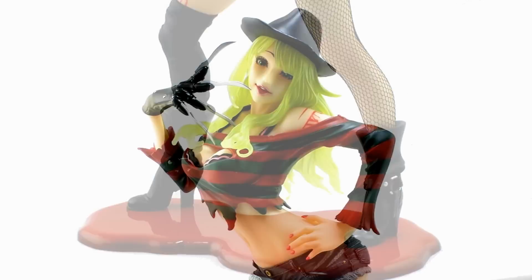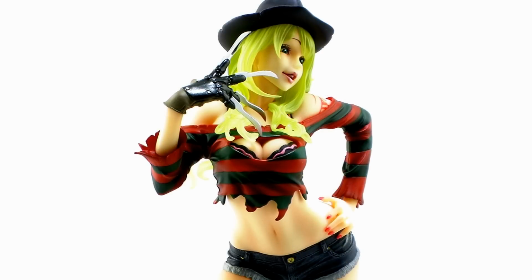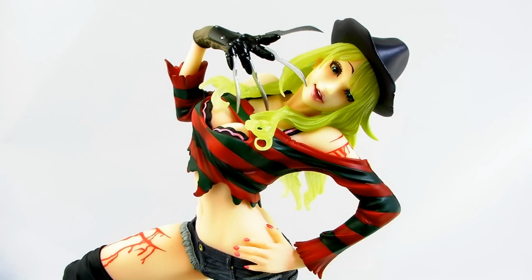So this certainly is a different take on Freddy Krueger, and it's certainly a bold move, exactly as Kotobukiya prints right there on the box. It's kind of got that gender swap thing going on, so instead of being the demonic, evil, creepy-looking burnt man that haunts your nightmares, instead we have a pretty girl who's dressed like Freddy Krueger and might actually not be much of a nightmare. She almost even kind of comes across as someone who's dressing up as Freddy Krueger, something that you would see on Halloween night at a Halloween party, so there's definitely different ways you can look at